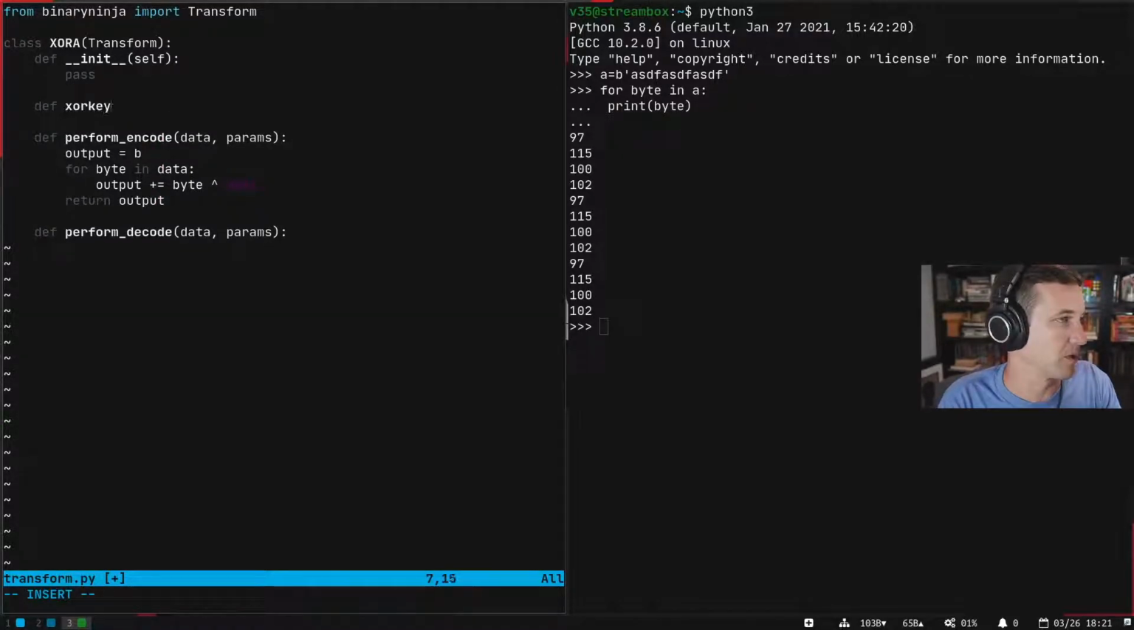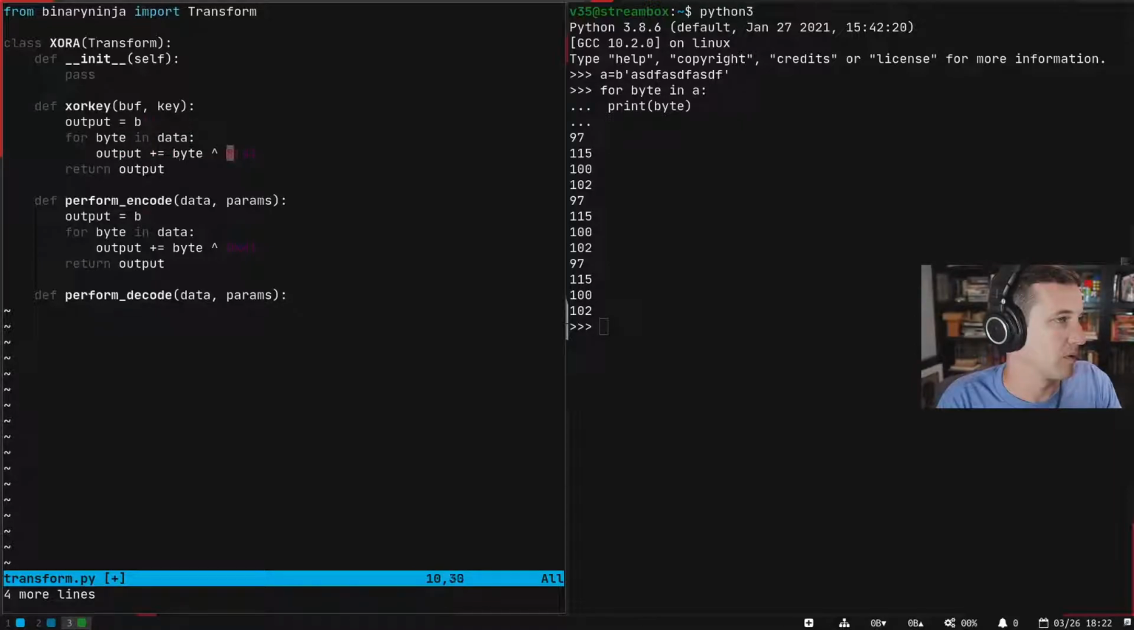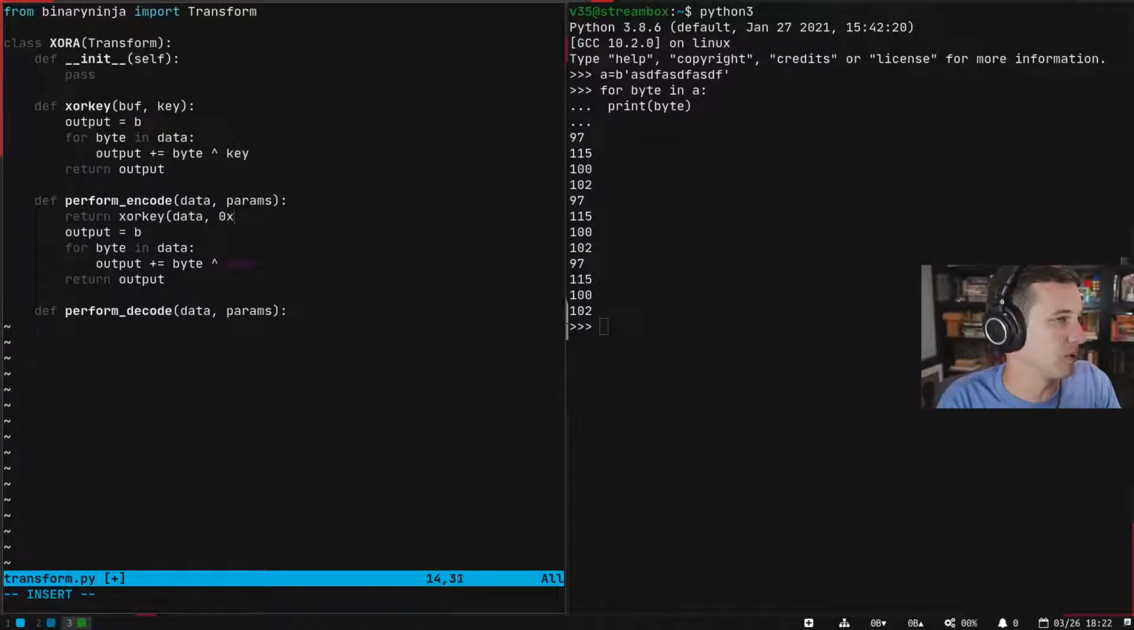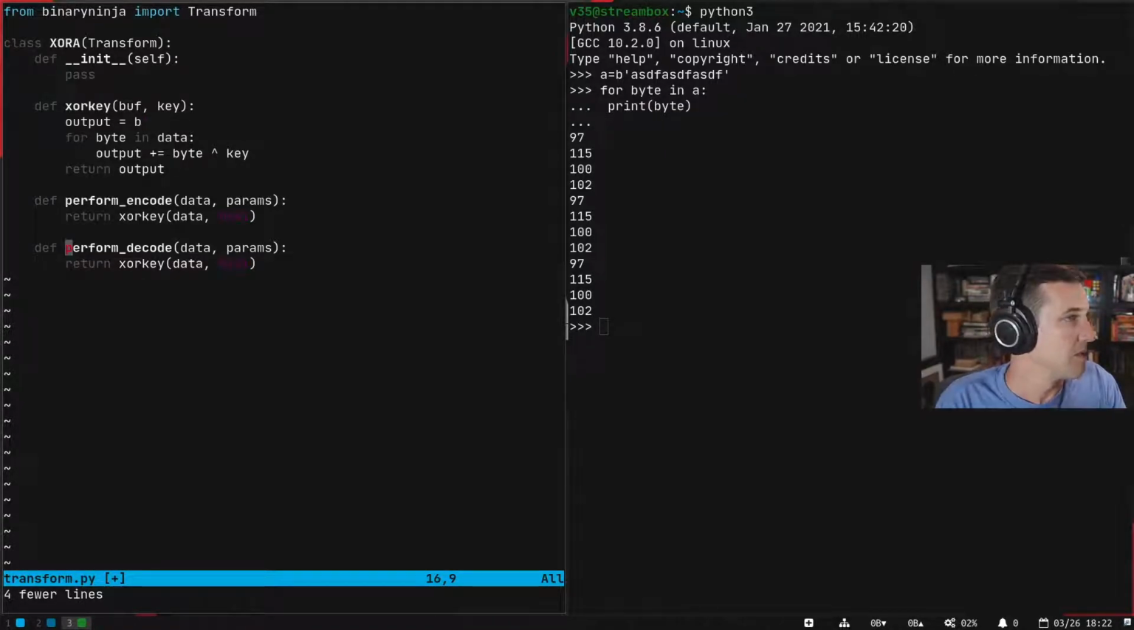Def XOR key buff key, and we'll do it that way, and then we can just do return XOR key data with 0x41, right? We do the same thing for both of these. So let's see. This is our transformation class. I'm not doing yet what I need to do, I think, on the transformation side. So like I said, I'm gonna